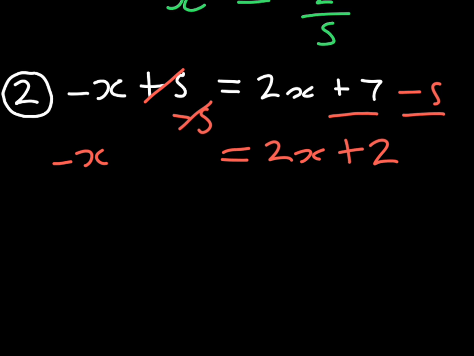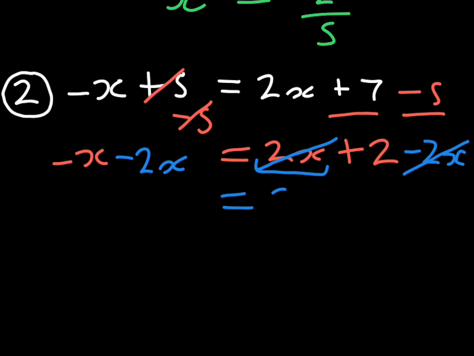We now need to move all of our variables to the left-hand side. And as we can see, we need to move 2x over to the left-hand side. To do this, we are going to need to minus 2x from our right-hand side. And since we minus 2x on the right-hand side, we do the same thing to the left-hand side. And remember our reason for minusing 2x, we wanted to get rid of a positive 2x. These two will cancel to give us 2, and we will be left with just this 2